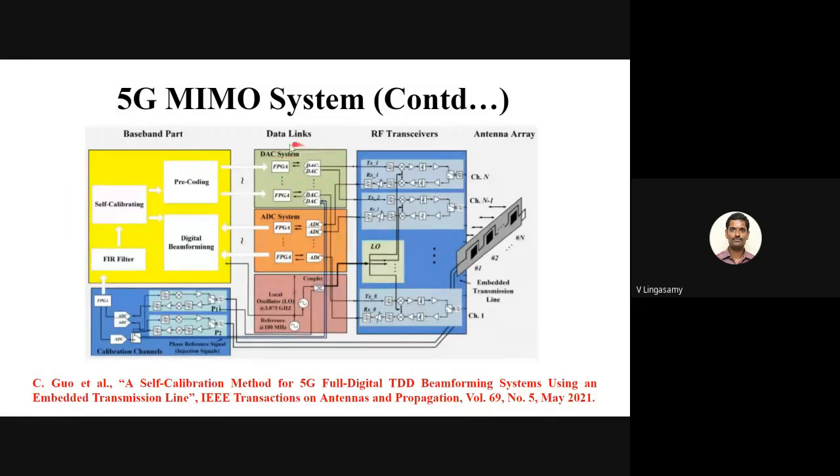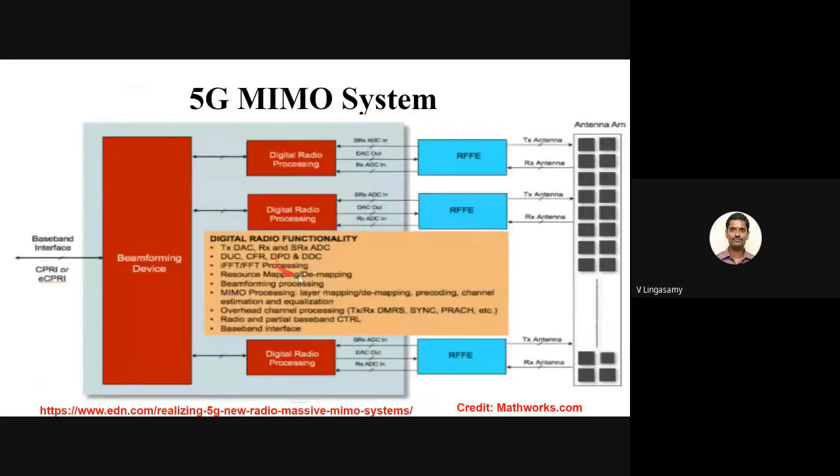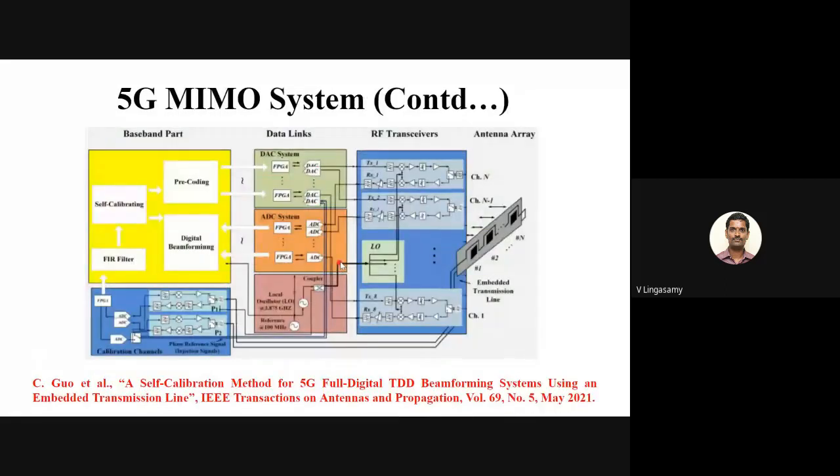Then you will have transceivers. The entire baseband signal is processed in the digital domain, ones and zeros. Here the frequency of operation will be an intermediate frequency, 200 megahertz or 400 megahertz. Then it is converted using a digital up converter, which converts the intermediate frequency to the RF frequency. Once the processing is entirely done on the digital baseband side,